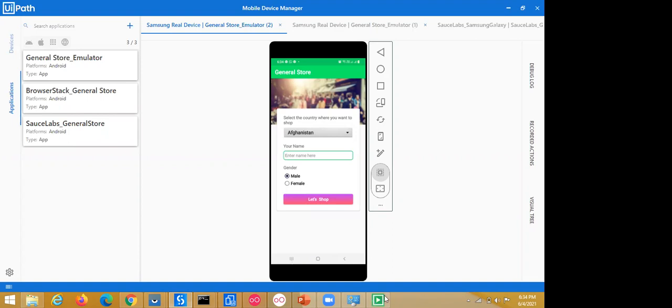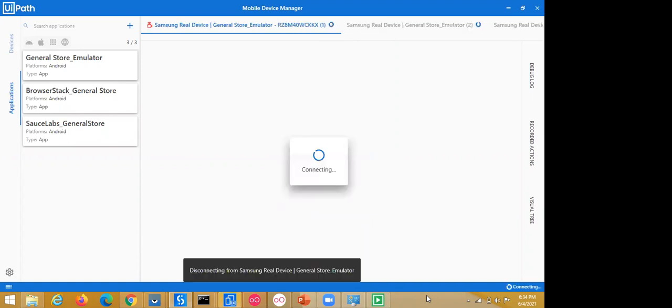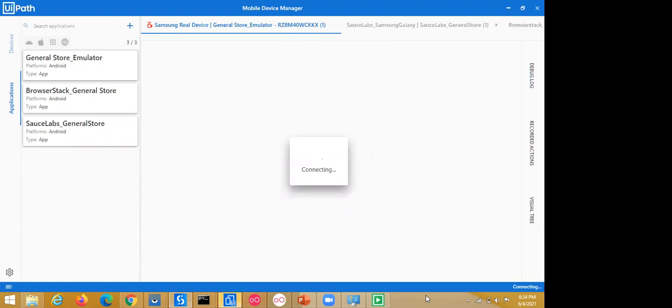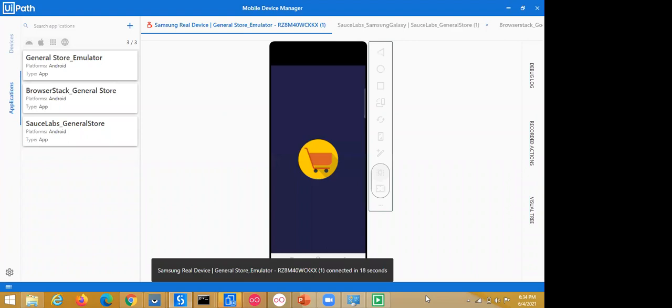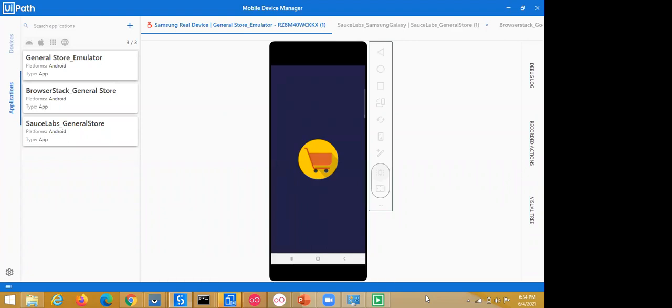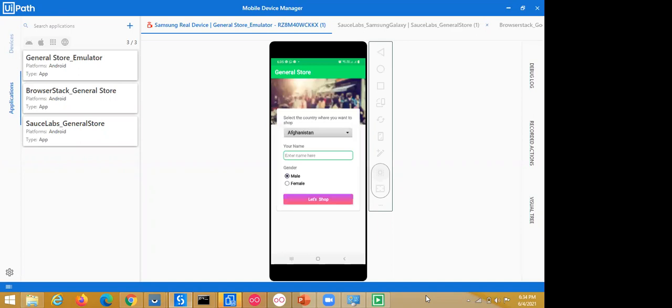The execution has started, and it clicks on the Let's shop button.